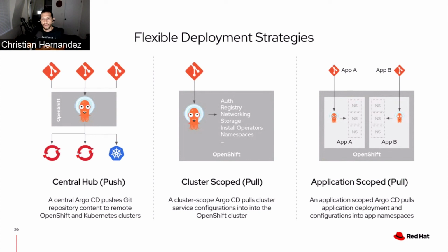So you have one application team, team A, and team B taking care of application B on the same cluster, and they may not know about each other. They don't necessarily care that they're on the same cluster. This is the multi-tenant design of ArgoCD and OpenShift GitOps. And